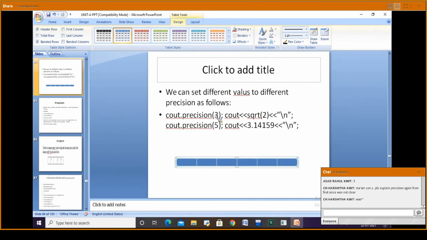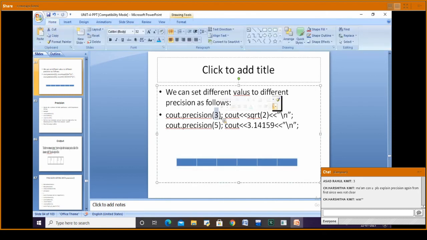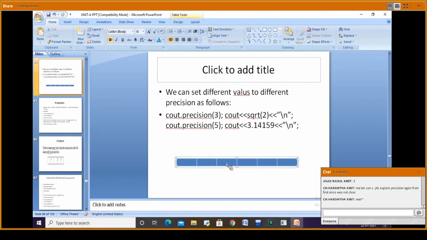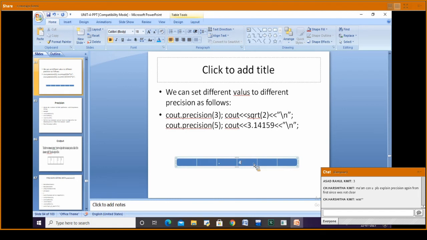When I specify 3, then in the third position I will have the decimal point, and after it some numbers like 4, 5, 6.